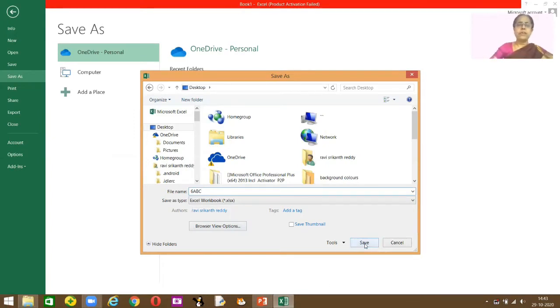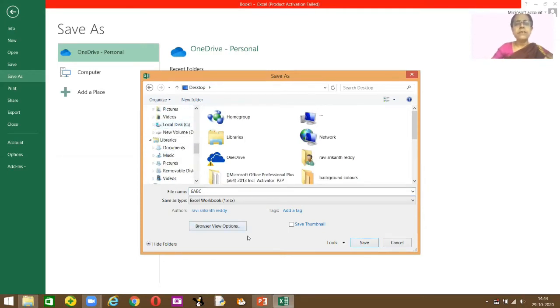So where did I save it? On the desktop. It's your wish. You can save it in the C drive or D drive by checking in the navigation pane where you want to save it. If you want to save it in the D drive, you select the D drive. If you want the C drive, you select the C drive, and that's how you save it. I'm saving it in My Documents. Click on the Save option. Automatically the file is saved.